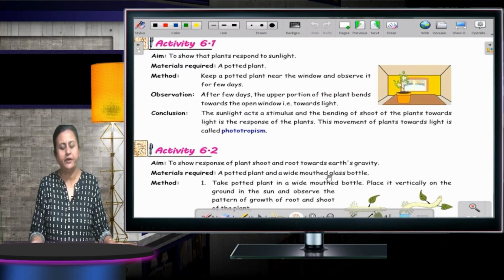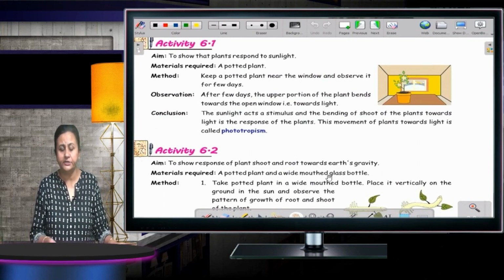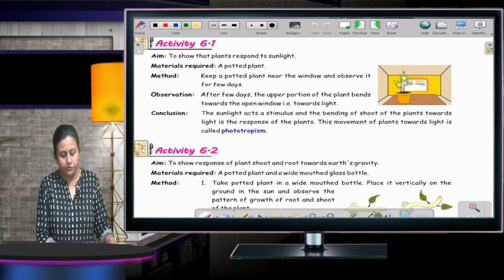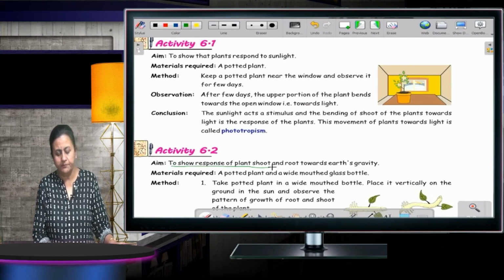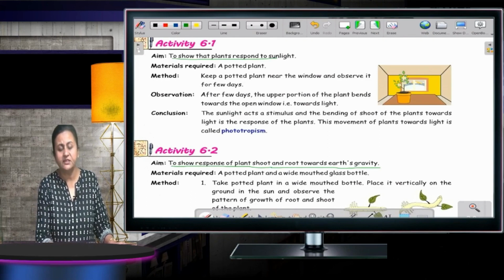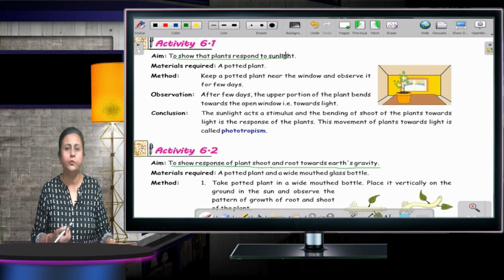These are the different activities in which they have told you how the plant responds to sunlight. You can just go through them. In the second activity, they have shown the response of the plant's shoot and root towards the earth's gravity. You can just go through them. There's nothing much for me to explain. The moment you read, you will understand. Okay. Then